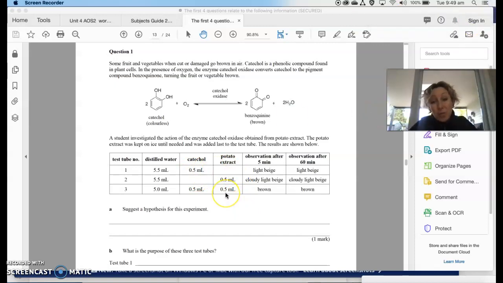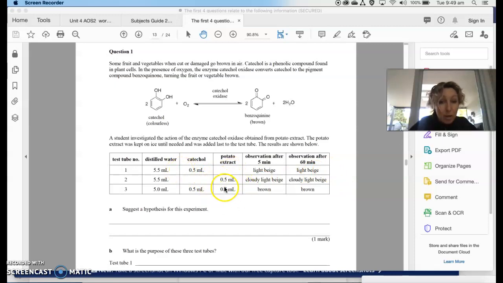The things that you don't know at the beginning of the experiment is the colour change. So that tells you that this here, the colour change, the rate at which it turns brown is your dependent variable. And you will only have that information at the end of the experiment. So what I would do always, when it's an experimental question, is scribble down IV. What is it that you're changing in this situation? Okay, so you really need to consider what's being changed, what's not being changed, and what you're actually observing. So here your dependent variable is the colour change, and what you're observing is the presence of the